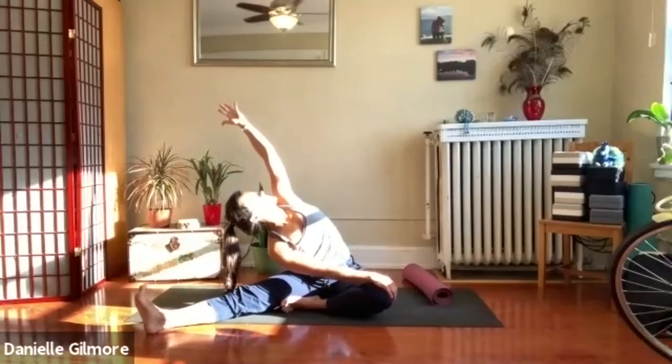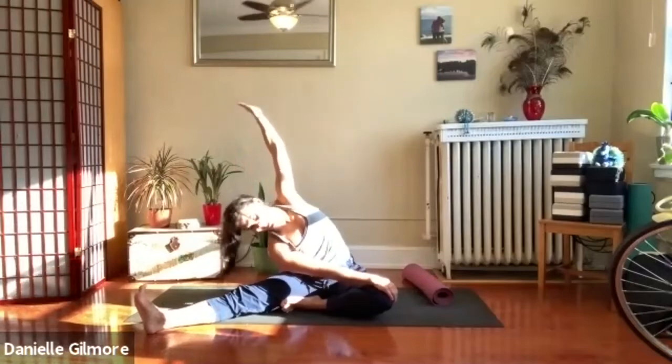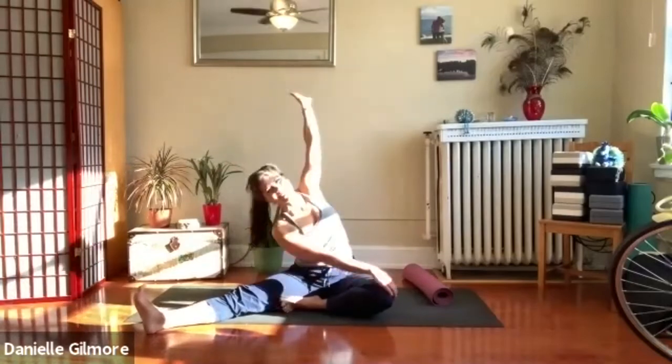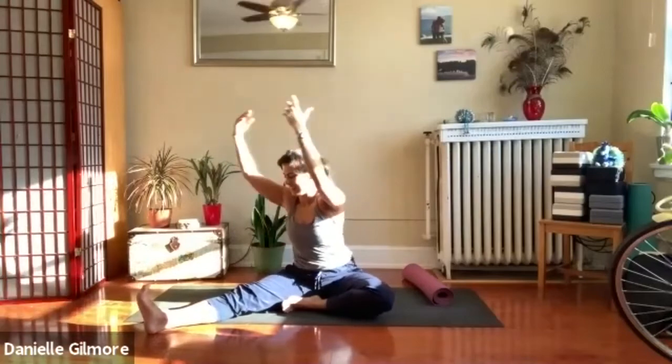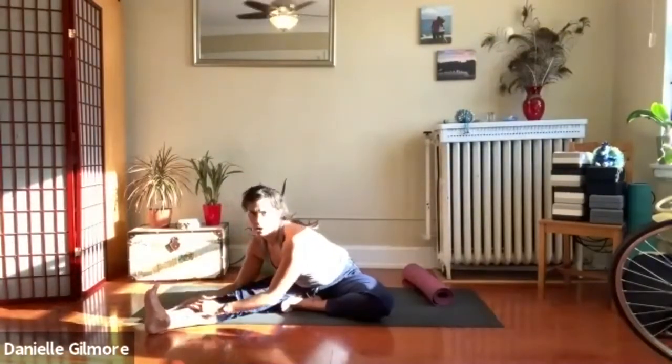Take a nice big deep inhale in. Ooh, I want to stay longer. Exhale out, rise up, and then gently turn towards that right leg. And again, just folding forward, maybe grabbing your toes or your ankle. Okay,